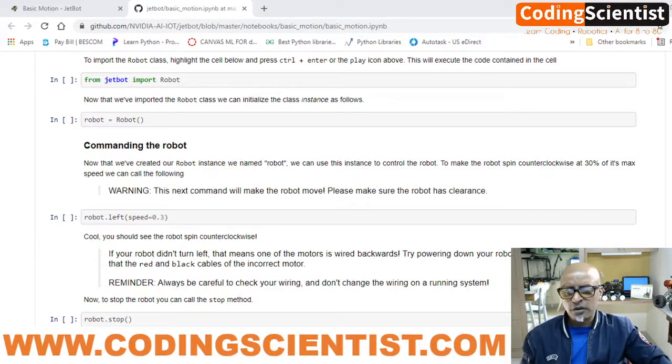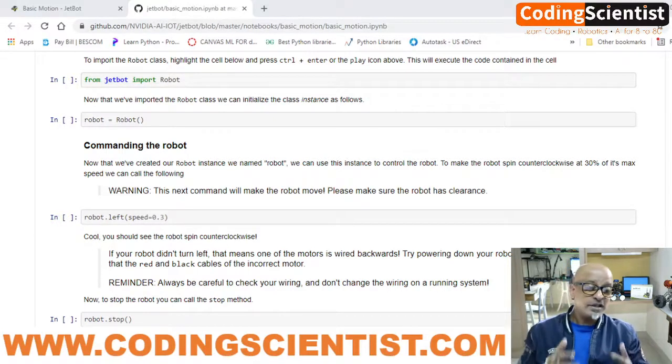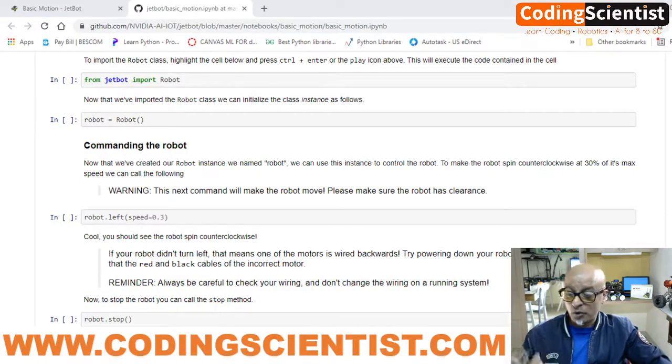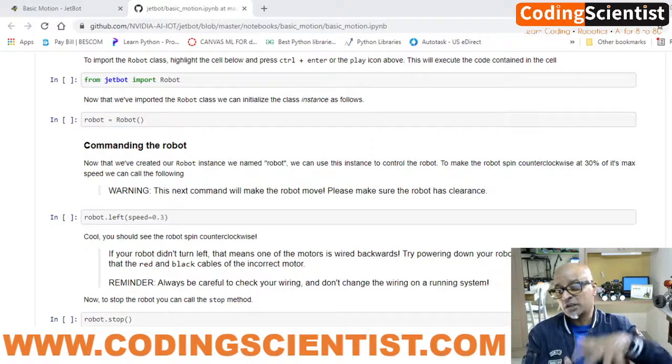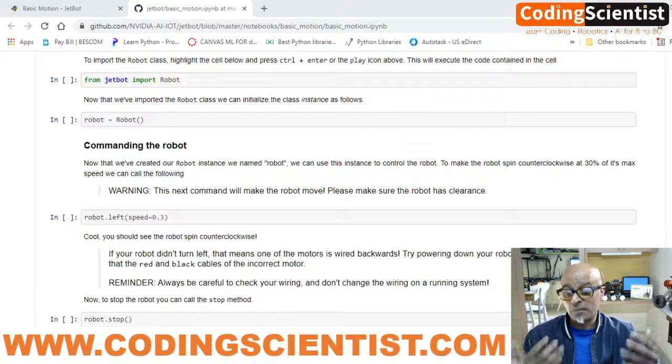If you go to the next line of code, robot equal to robot, with open and closed braces, in this line of code we are basically initializing a class instance. In the world of Python programming, an instance is an individual object of a certain class. This object can be a motor or a sensor or any other device you may want to connect in the future to expand the JetBot kit itself. It's possible. I'm going to talk about that in the next parallel series, which is going to run very soon.